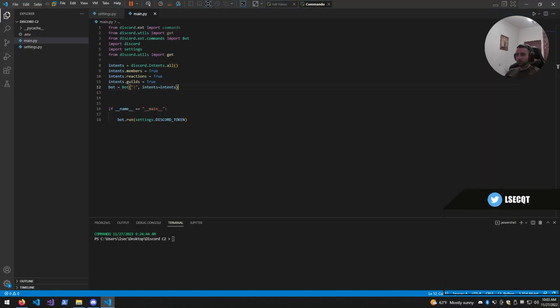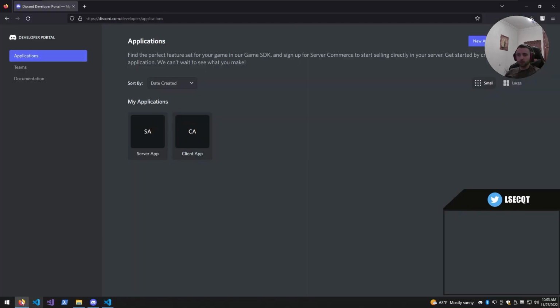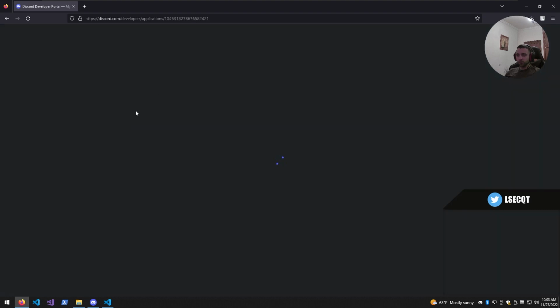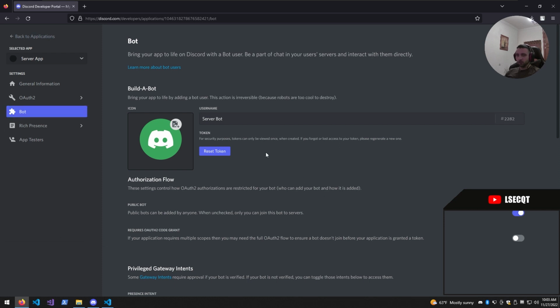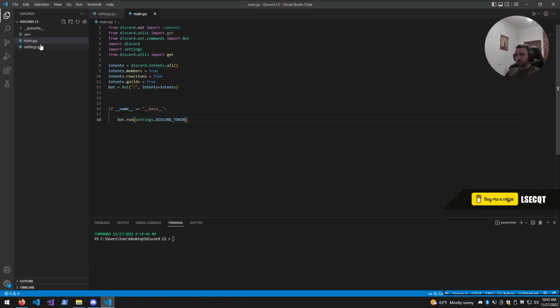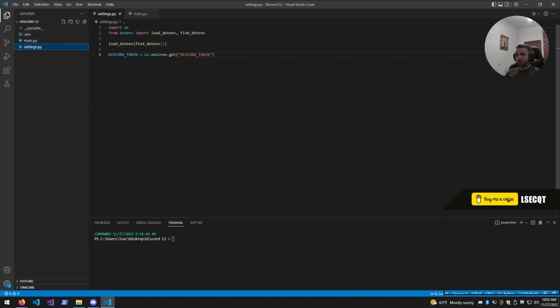I have a bunch of experience doing Python, but in a nutshell, what I have done is that I have my environment variable file right there, which I'm obviously not going to show, and that contains the bot token. If you go to your bot, no matter which one, and click on bot, you have that token right there, which is not visible for security purposes. If you go there the first time, it's going to be visible. If not, just click reset token, and a new one will appear. Then you put that new token into the environment variable file, and you have that settings.py, which imports